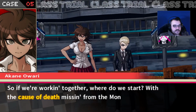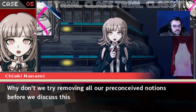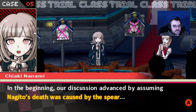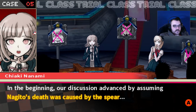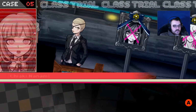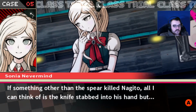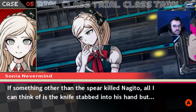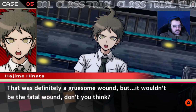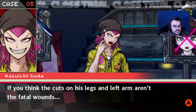So if we're working together, where do we start? With the cause of death missing from the Monokuma file? Why don't we try removing all our preconceived notions before we discuss this? In the beginning, our discussion advanced by assuming Nagito's death was caused by the spear. It's better to confirm if there are any other possibilities. That's what I think. Other possibilities. If something other than the spear killed Nagito, all I can think of is the knife stabbed into his hand. That was definitely a gruesome wound, but it wouldn't be the fatal wound, don't you think? If you think the cuts on his legs and left arm aren't the fatal wounds...